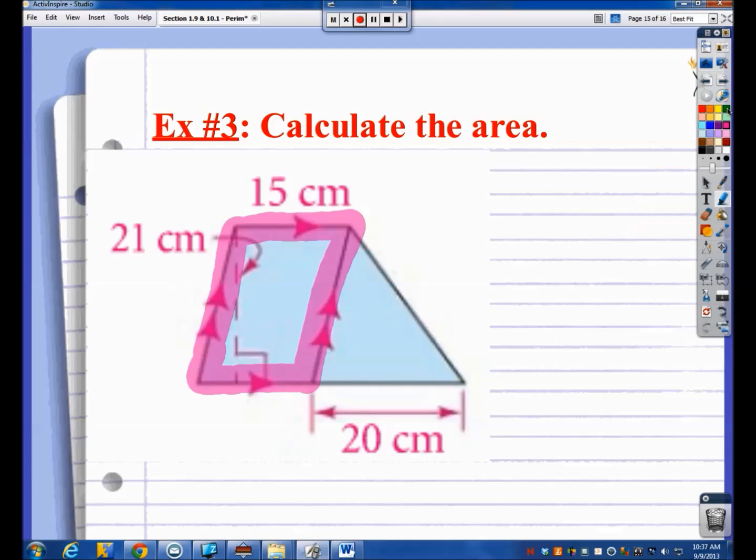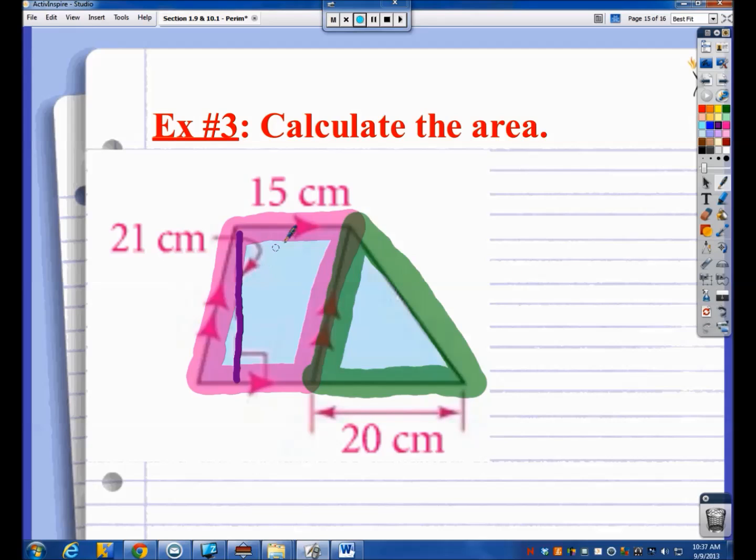We got this shape over here, which kind of looks like a parallelogram. And we got this shape over here, kind of looks like a triangle. So we're just going to split this thing up. So over here they said this piece is 21. This piece up here is 15. Now that 15 that's right up here,